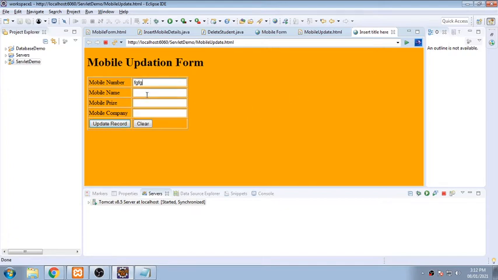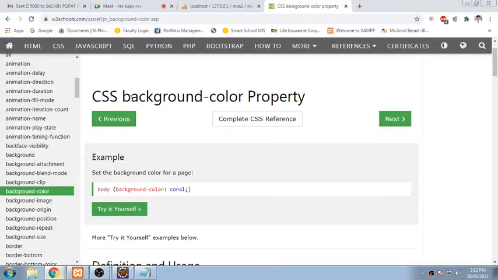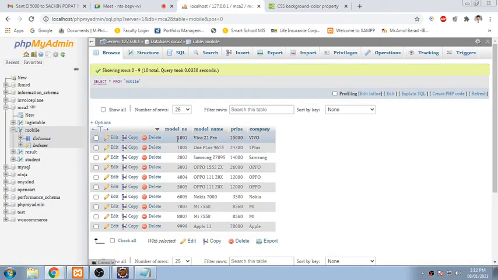And when I add something, suppose I want to make changes to this table. So this is my table. So this is a field called S1001. So I want to remove this Vivo, and I want to change the price from 15,000 to 10,000. So that thing I have to do.